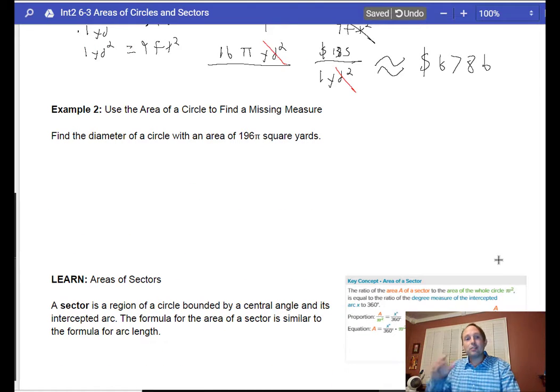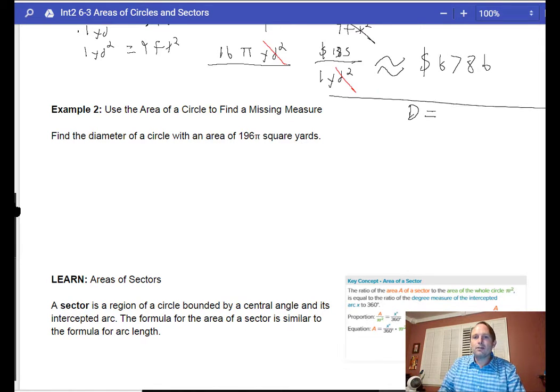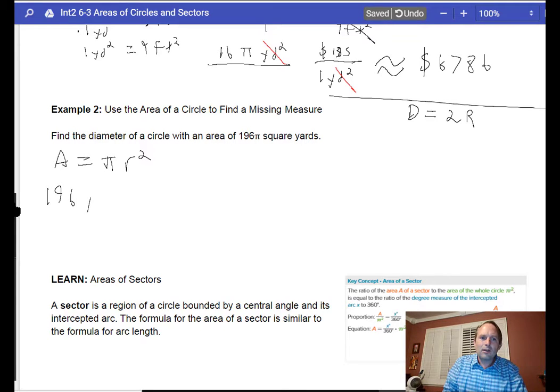Example 2. Use the area of a circle to find the missing measure. So it says find the diameter of a circle with the area of 196 pi square yards. All right, well, I understand that diameter is equal to 2 times the radius. Well, let's figure out what the radius is. How do we do that? Well, we'd have to figure out the area of the circle, which is area is equal to pi r squared. So I know that the area is 196 square yards,